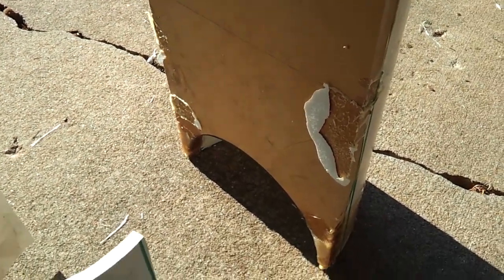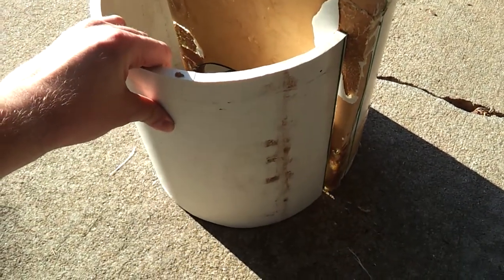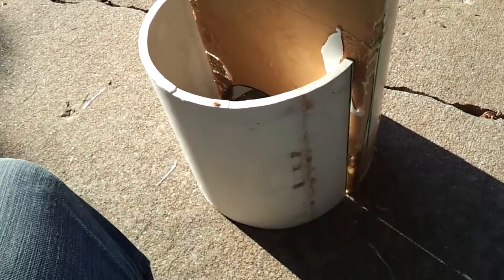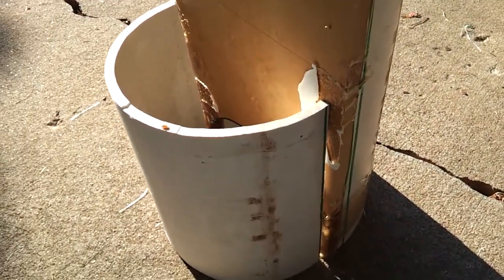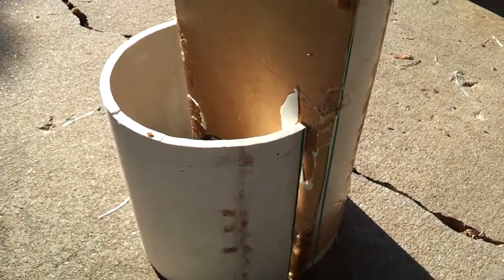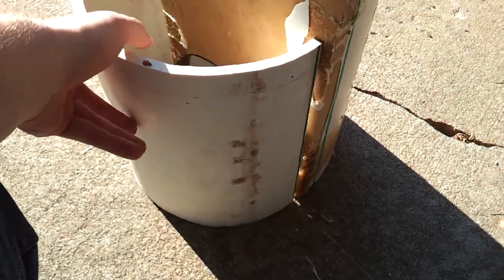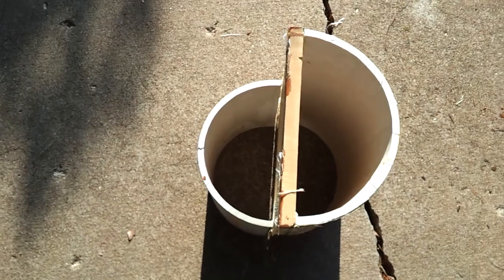I can figure out how I can make an extension out of another pipe by simply adding it to the base just like that, and now all of a sudden I've got another 10 inches on there, which I actually only need, through calculation, like another, let's see, well actually this looks pretty close. I just need 6 inches above the 2.5 inch point here to get a 36 hertz tune. So that's one way of doing it,